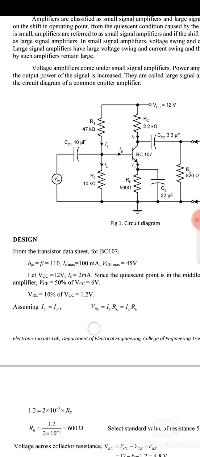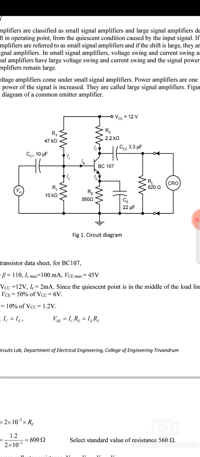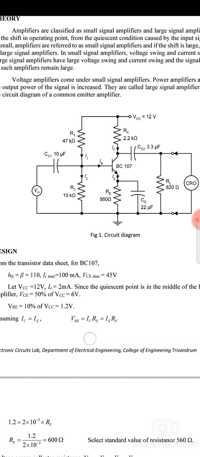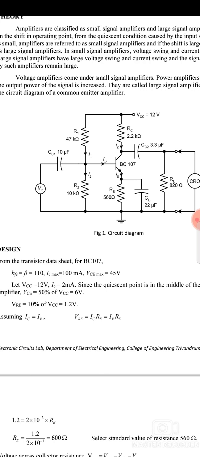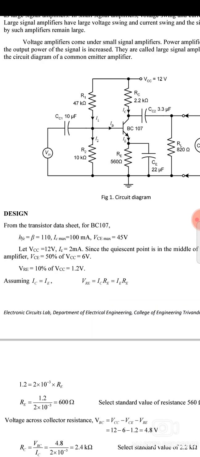What are the standard component and parameter values for the amplifier circuit? We have the power supply VCC equal to 12 volts. That is the minimum DC supply at the collector terminal for the amplifier circuit. There the transistor considered is BC107 and the configuration is common emitter. For that transistor configuration, the current gain amplification factor beta, that is HFE, is considered in the design procedure. HFE is equal to beta. HFE is the current gain, the amplification factor, and beta is equal to 110. That is a standard value.